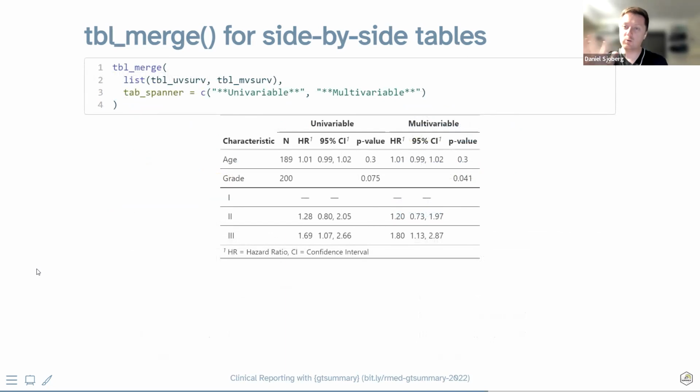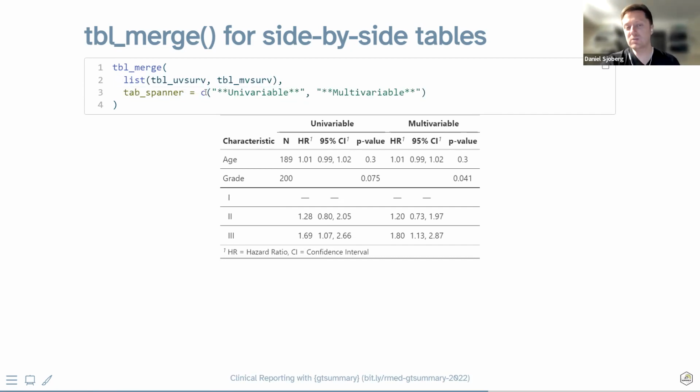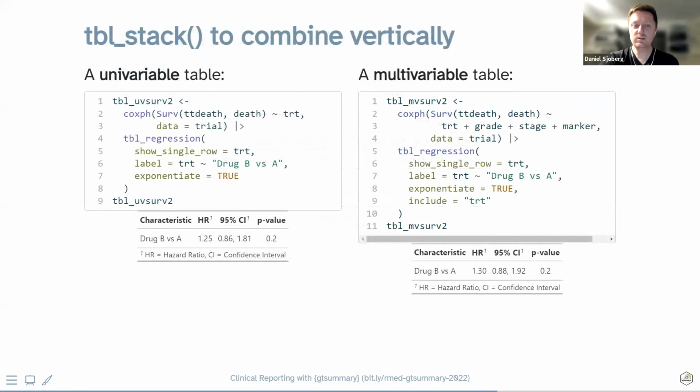So I think you might know where this is going. We're going to put them side by side, because I need my univariable results, then my multivariable results right on the other side of it. So here I am with tbl_merge. I plop both of my tables into a list and I say, hey, give me these as my tab spanners. And we're using markdown syntax for bolding here, by the way. And you get this lovely little table at the end. And like I said, these functions, tbl_merge and tbl_stack, work with any gtsummary table. So it's really convenient to be able to cobble together or patch together really complex tables from very simple components.